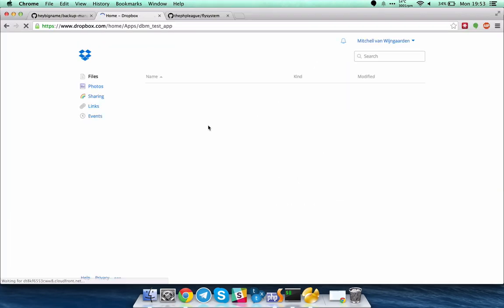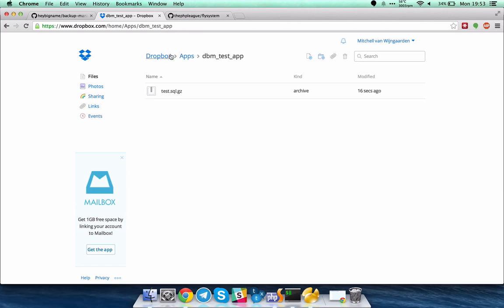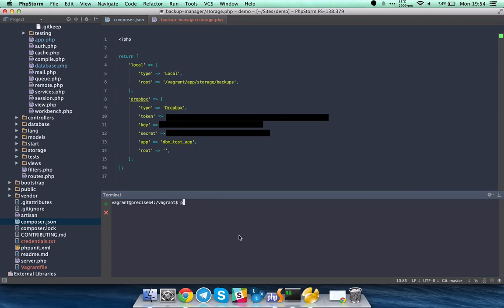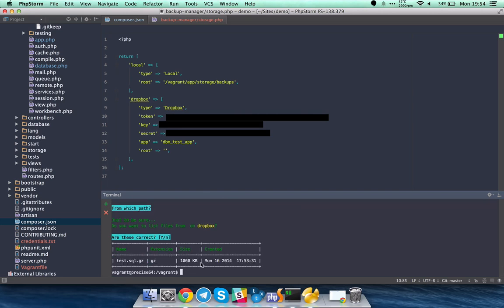Refresh this page, and this is the full online folder on my Dropbox, and as you can see right here, it's been uploaded 16 seconds ago. What we're going to do now is list it, because we can actually list. Let's first clear this, because I always like a clear command line interface. DB list, and then I want to list files on Dropbox, and then yes to the root. Are you sure? Yes, I'm sure. And then boom, you can see right here the size, the extension, if it's gzipped or not, and the actual